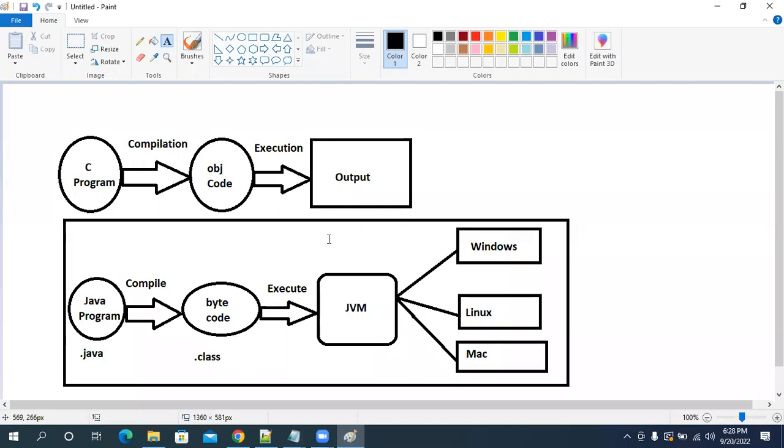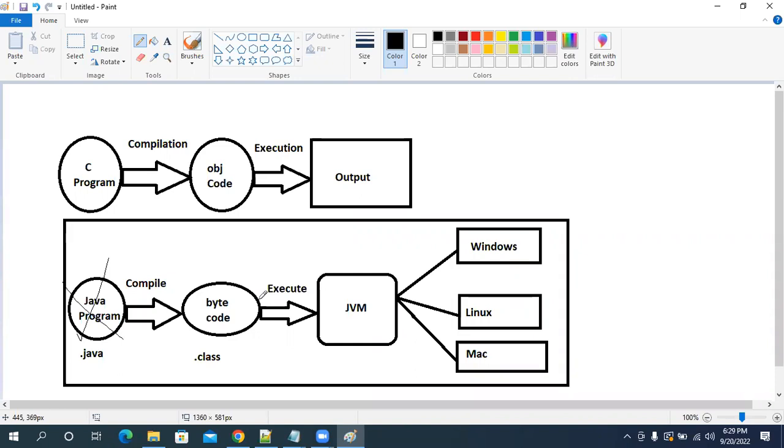We create the .java file. Whenever we compile that Java file, it will generate a .class file. Whenever we have a .class file, we don't need the .java file. We can delete it, because are we going to run the Java program or the bytecode? The bytecode. You will compile the Java program, and the .class file will be created. You are going to run only the .class file. When you run the .class file, that bytecode will be converted into machine understandable format.